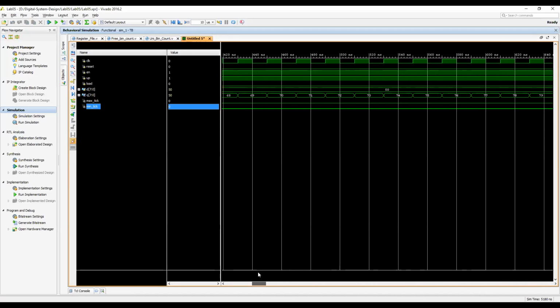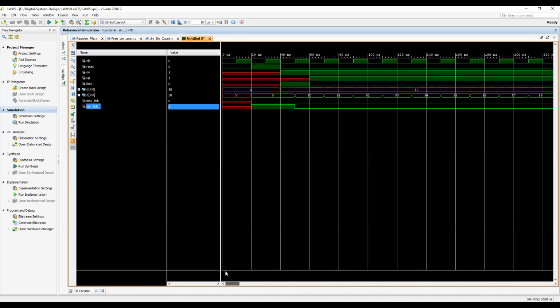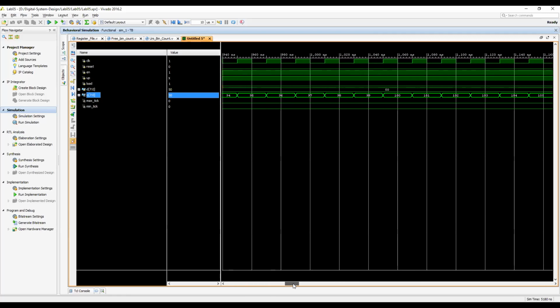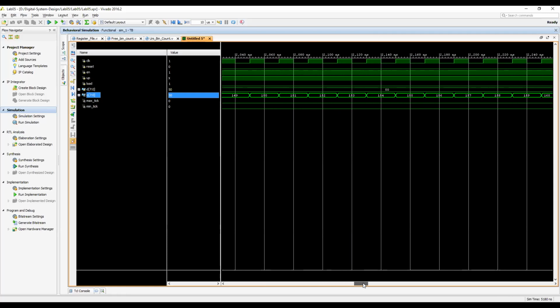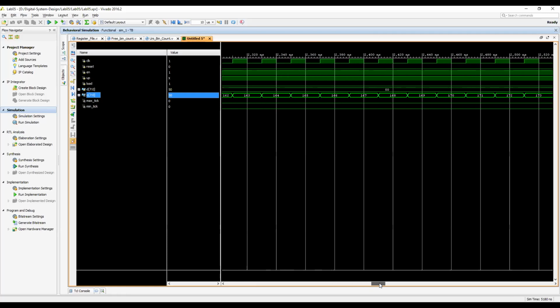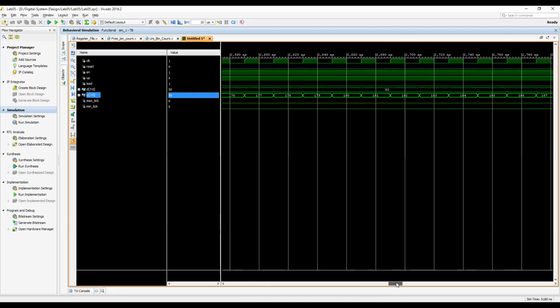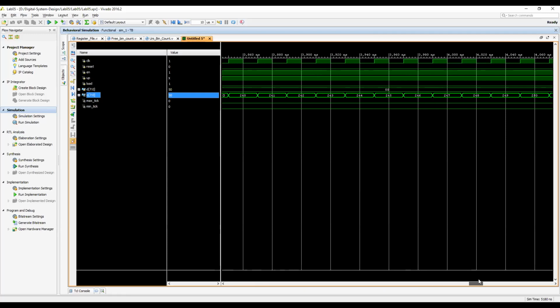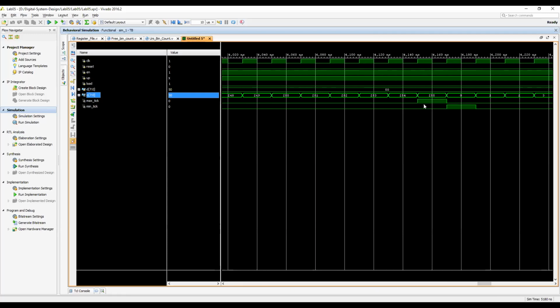It starts from here. You can see the counting basically starts from 50, and then it keeps counting, keeps counting.